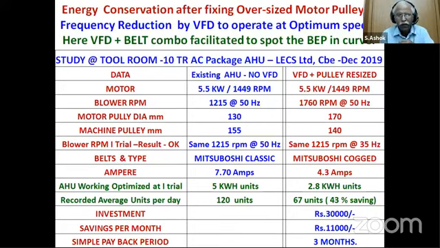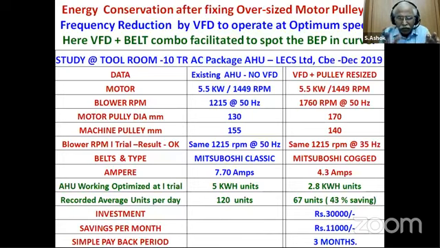50 Hertz. At 1215 RPM of the blower, it was operating at 50 Hertz before. Now the same is raised to 1760 RPM at 50 Hertz, and the VFD is brought down to 35 Hertz instead of 50 Hertz. Automatically the kilowatt came down, and from 7.7 amps it came to 4.3 amps, and the per day consumption for the given blower for the given AHU is only 5 units per hour, and it's 120 units before it was